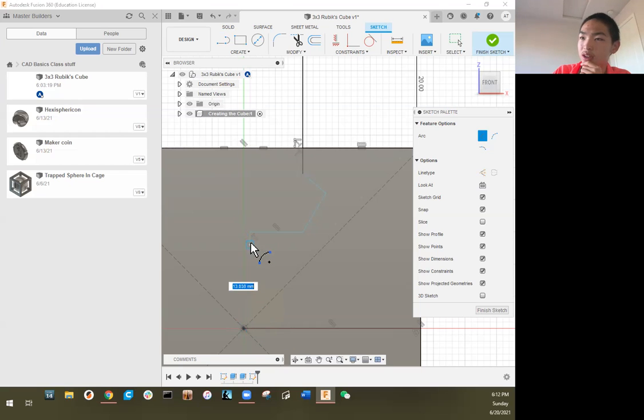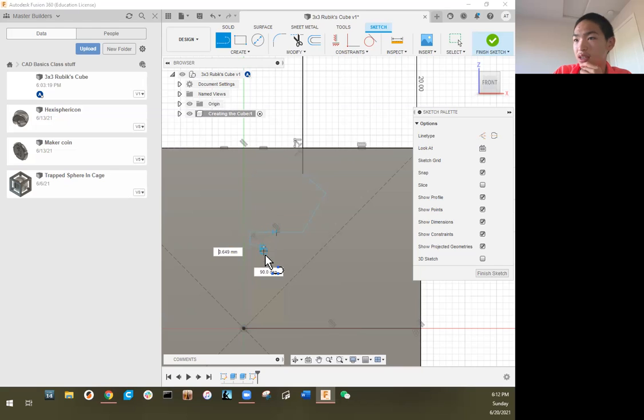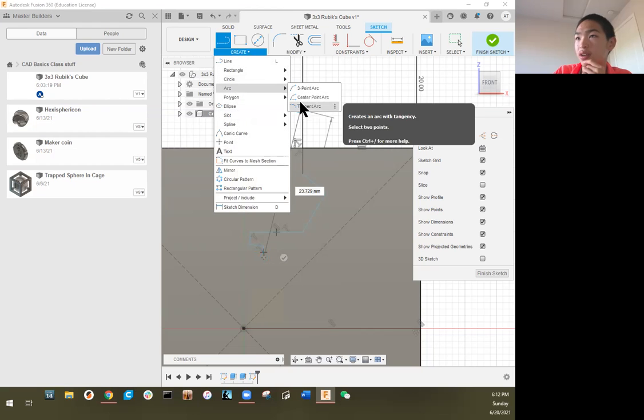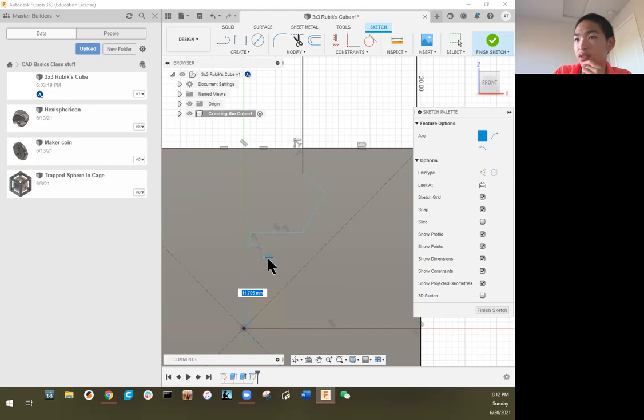So you only draw the part of the circle that you need. So you use this tool to draw a little bit of an arc, and then we're going to draw another line down, and then we're going to draw another arc to finish this line off,